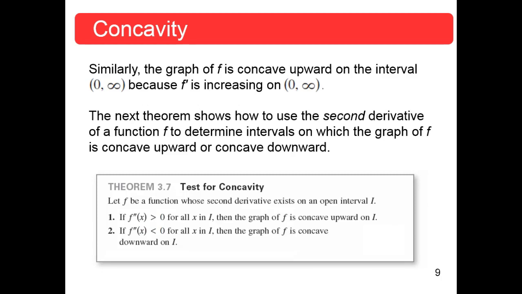The next theorem shows how to use the second derivative, I've already been telling you about it, of a function f to determine the intervals on which the graph of f is concave up or concave down. And we've already said it, they suggested it, we said it. If f is a function whose second derivative exists on the open interval I, if f double prime, the second derivative, is greater than 0, all right,